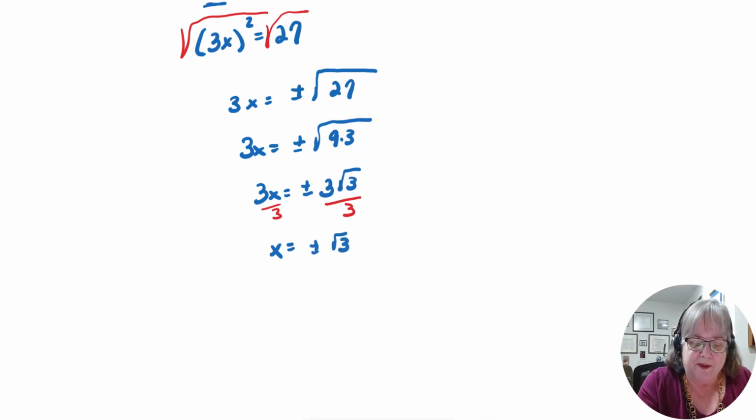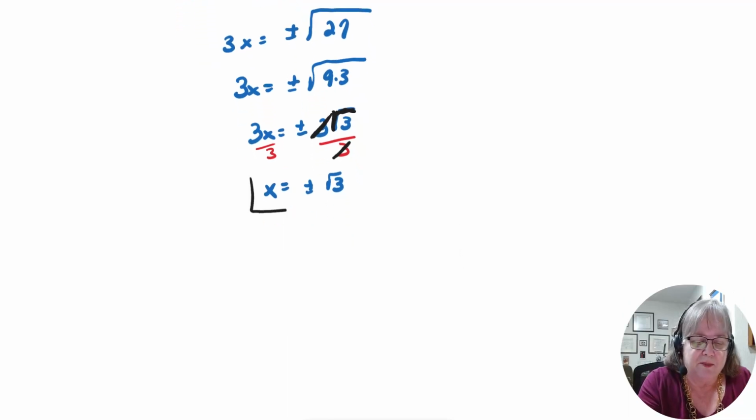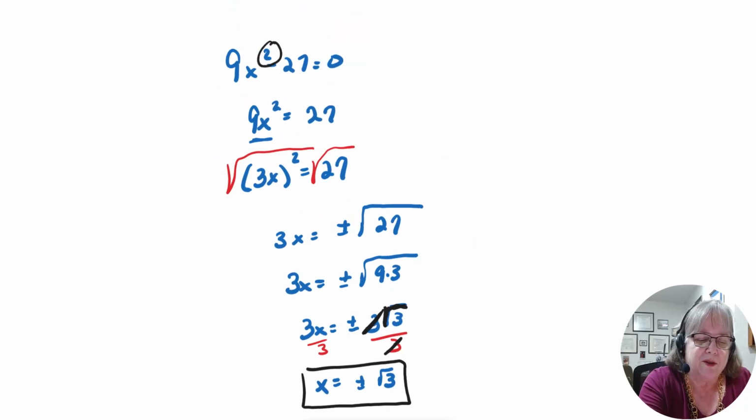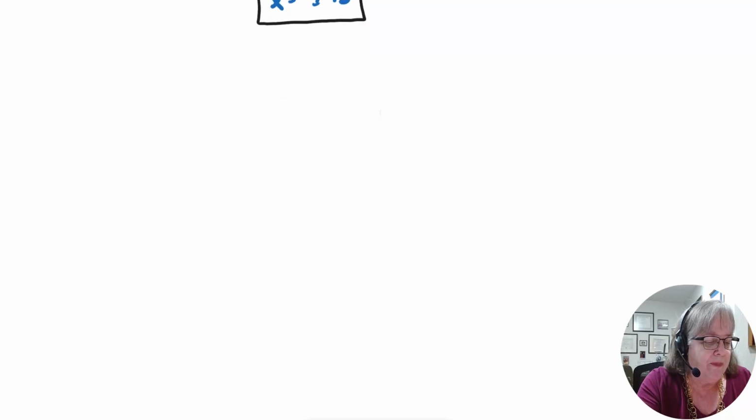Now, this 3 cancels into this 3. It does not cancel into the square root of 3, all right? Because this is locked into a square root. All right. So x is plus or minus the square root of 3. Because remember I talked about the degree tells you how many answers you should be expecting. All right? Now,